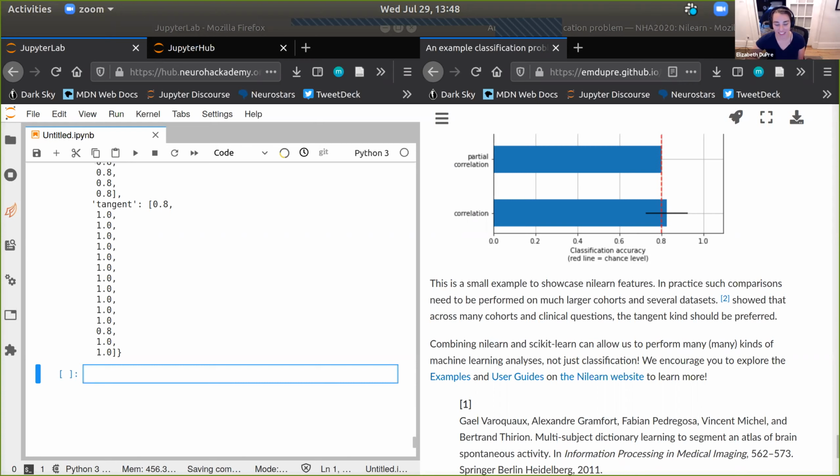So I hope that we'll see the NiStats integration released very soon. But if you want to trial out the very alpha version, it's currently in the master branch on Nilearn. So it is there to play around with, and if you'd love to contribute and help make it better, I think that would be fantastic. But great question.